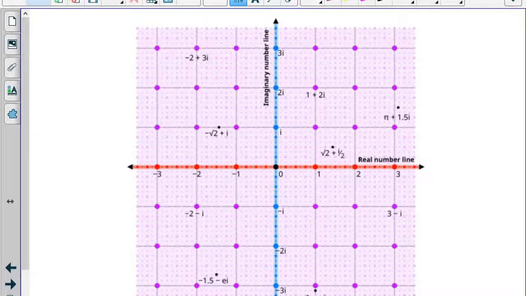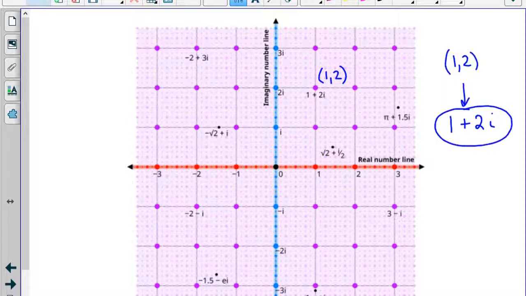So, for example, if I wanted to look at the point 1 comma 2, the visual point 1 comma 2 can be written as the complex number 1 plus 2i. And if I wanted to put a visual value on the complex number 1 plus 2i, I would write a point at 1 comma 2. So this kind of expands the real and imaginary numbers and the complex numbers, so to speak,